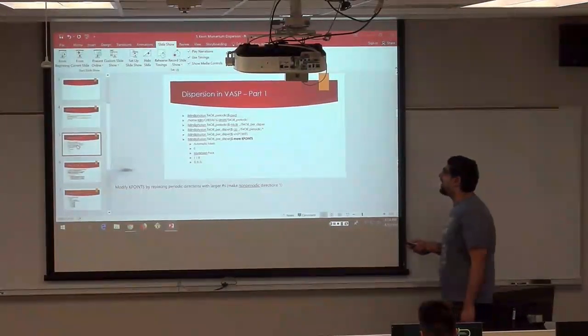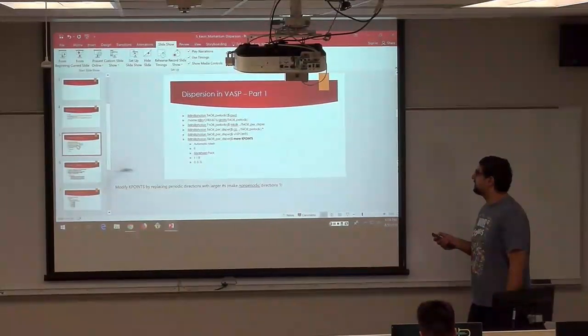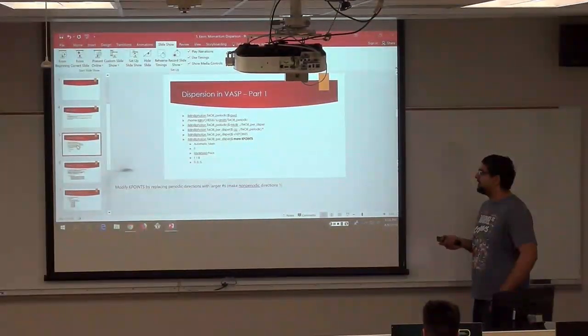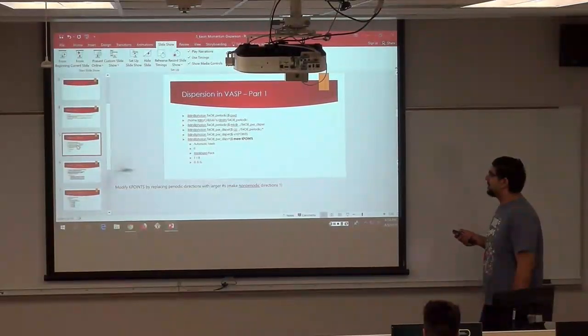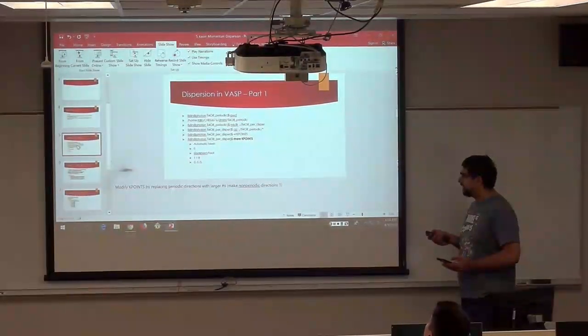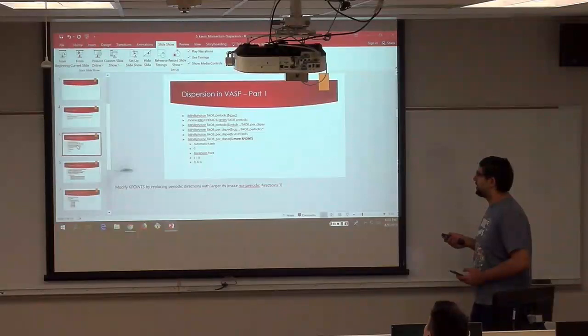Okay, so the important things on this slide are that we made a new directory titled TI408 dispersion, and then we copied all of the files we needed from our periodic directory to our current directory, which is represented by this dot here. Then we modified the K-points by replacing the periodic directions with larger numbers.